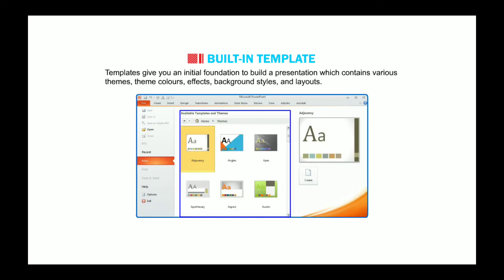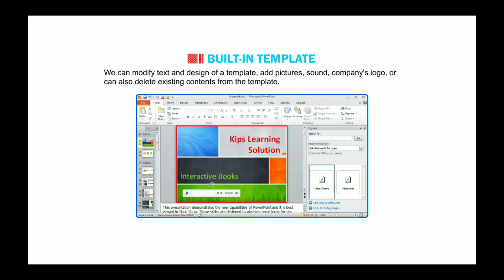Templates give you an initial foundation to build a presentation which contains various themes, colors, effects, background styles, and layouts. We can modify text and design of a template and add pictures, sound, company's logo, or can also delete existing contents from the template.